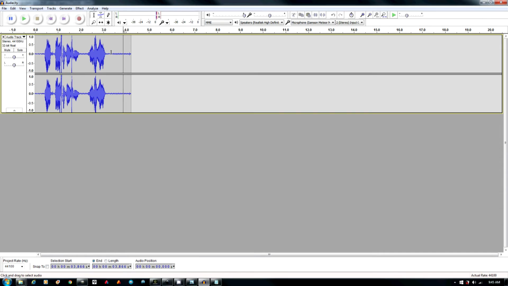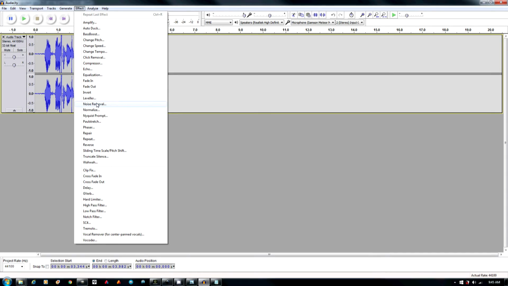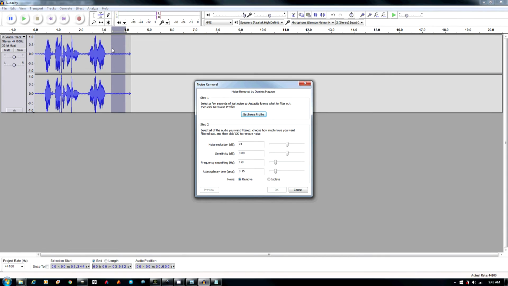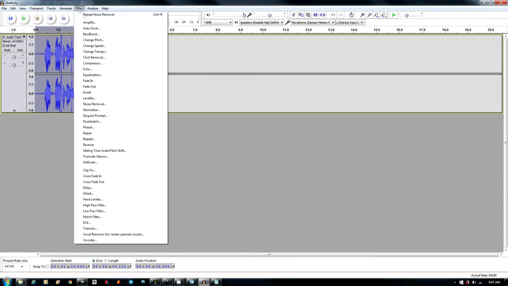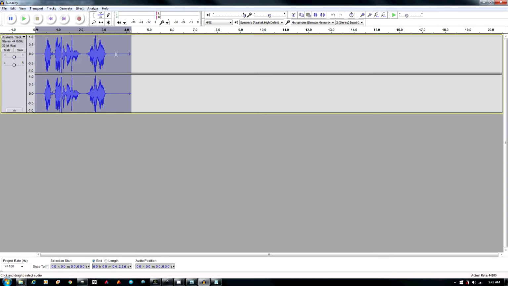Okay, another thing we're going to do here in Audacity, where's my head, is take this bit here and do some noise removal. So we highlight that area and then we say get noise removal profile, and then we double click, and then we can basically repeat noise removal, and it gets rid of any noise from the microphone. And you can see here this is probably a click from the end, so we're just going to get that,